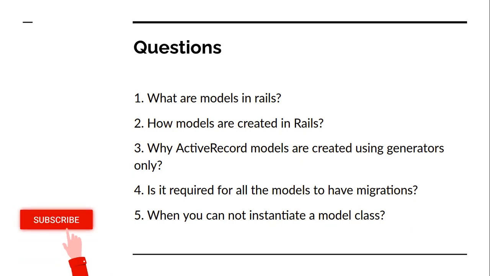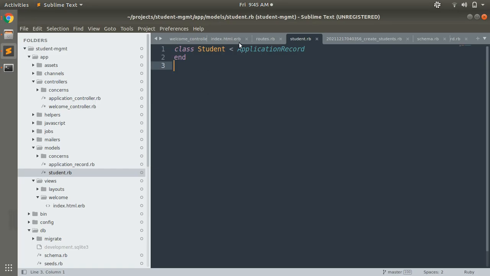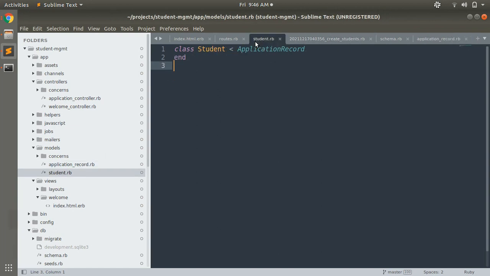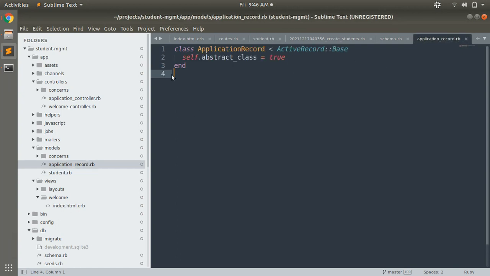So let's come to that point. Here you can see Student is inherited from ApplicationRecord, and ApplicationRecord itself is inherited from ActiveRecord::Base. But you can see a difference between ApplicationRecord and the Student model. The Student model is empty, but ApplicationRecord has self.abstract_class = true.